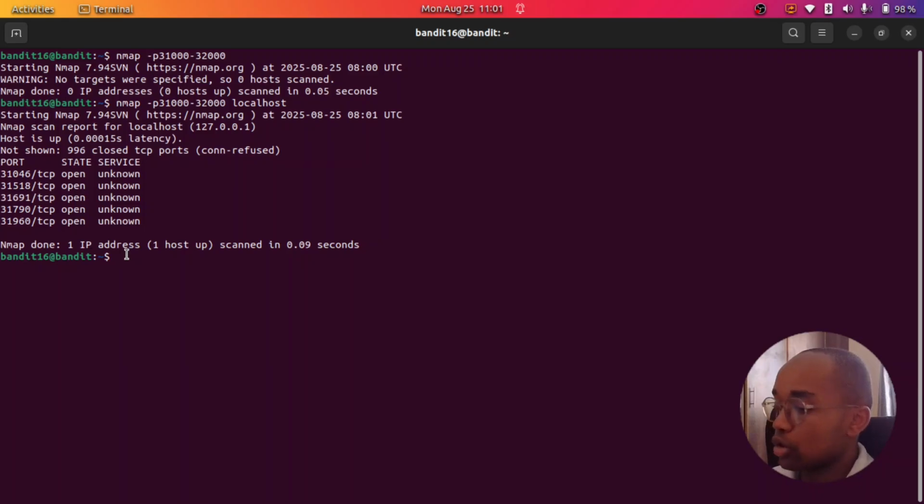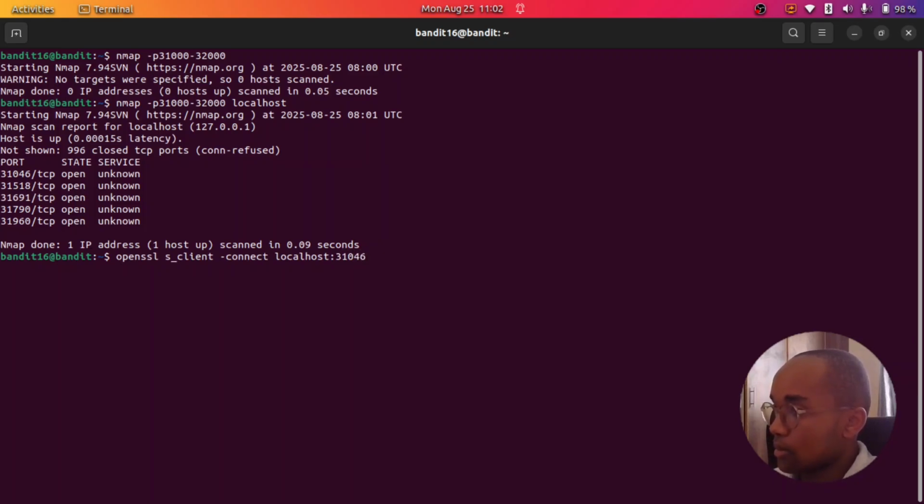So we're going to be using OpenSSL once again. So OpenSSL, use s_client, we connect to localhost, and then now we can start with the first one,